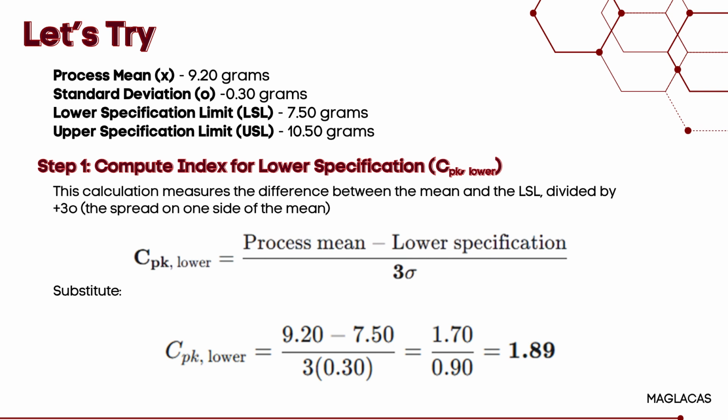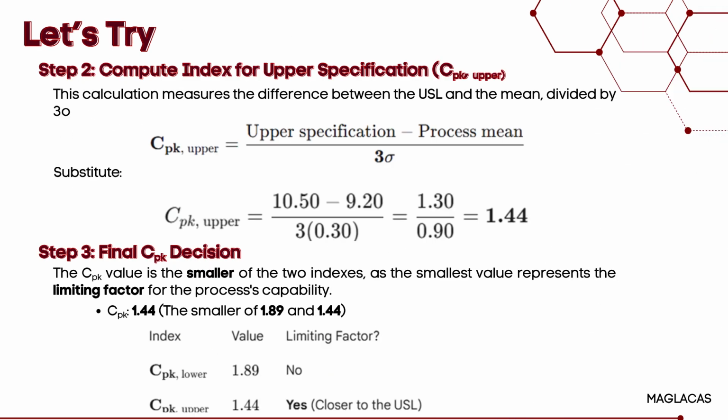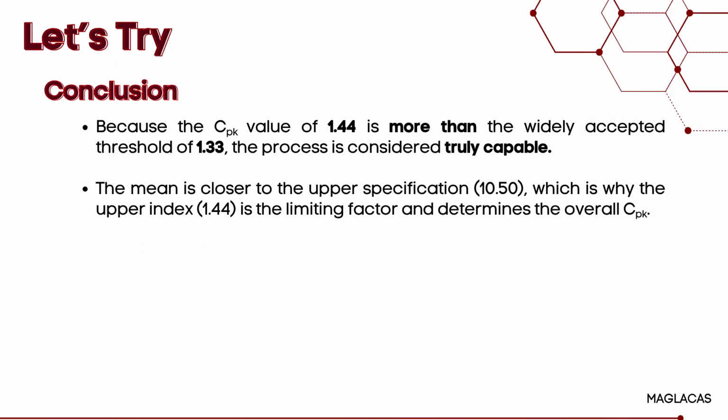This is the formula for determining the Cpk value in all its glory. Here we are getting the values of the upper Cpk and the lower Cpk index. Remember that the limiting factor is always the least of the two ratios. Since the upper Cpk index is the one with the lower value of the two ratios, with 1.44, this is the limiting factor. In conclusion, since the Cpk value of 1.44 is significantly larger than the threshold of 1.33, it is